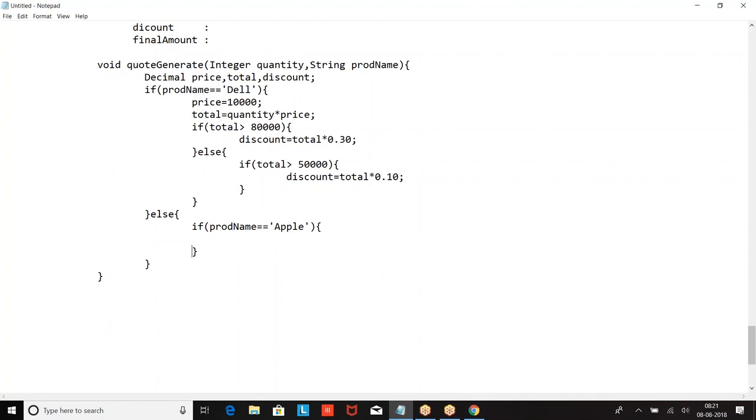Are you able to write this? Right, boss? Yes. Then if total is greater than 80,000, total is greater than 80,000,